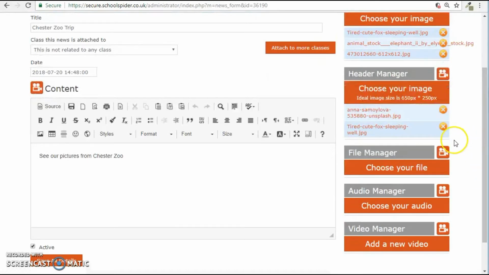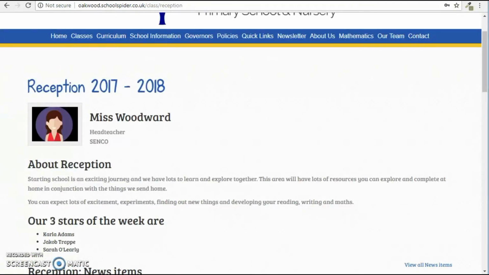You can see that they've got other options here to add files, audio and video. I'm not going to show you on this video how to do that, but if you do want to know how to upload any of those items, I'll pop up a link for the videos on how to do those individual things. I'll also just show you where the news item is going to go if you do associate it